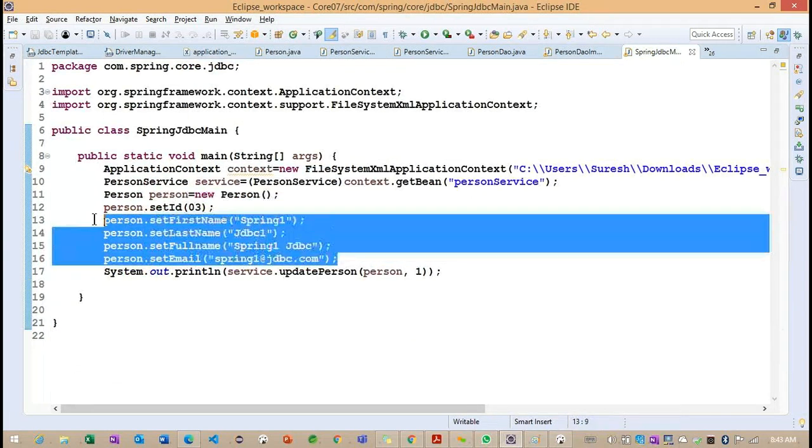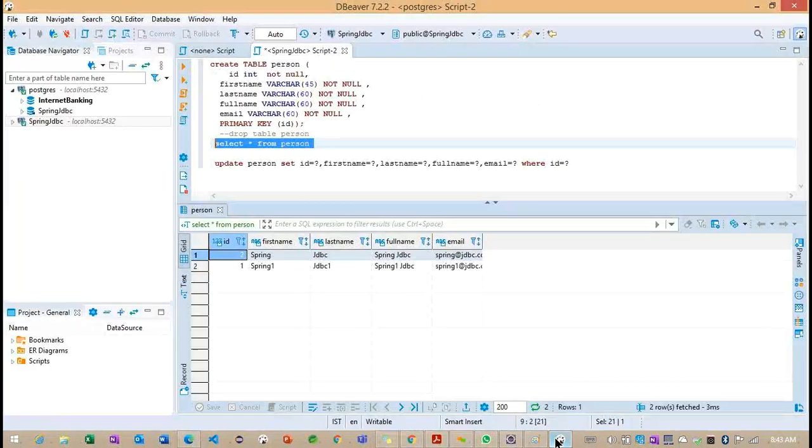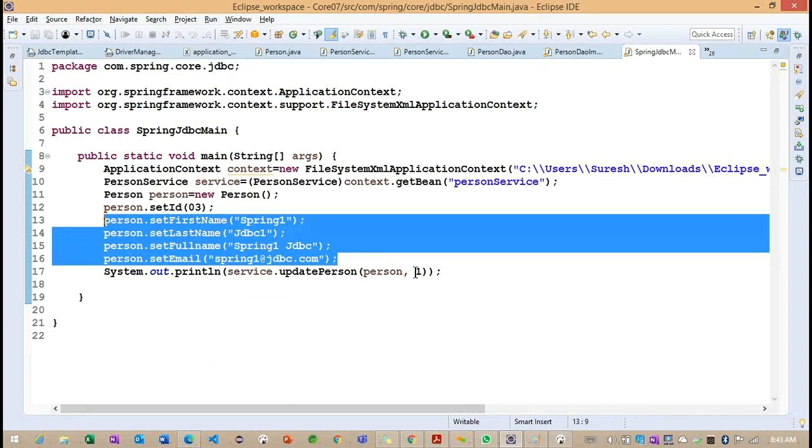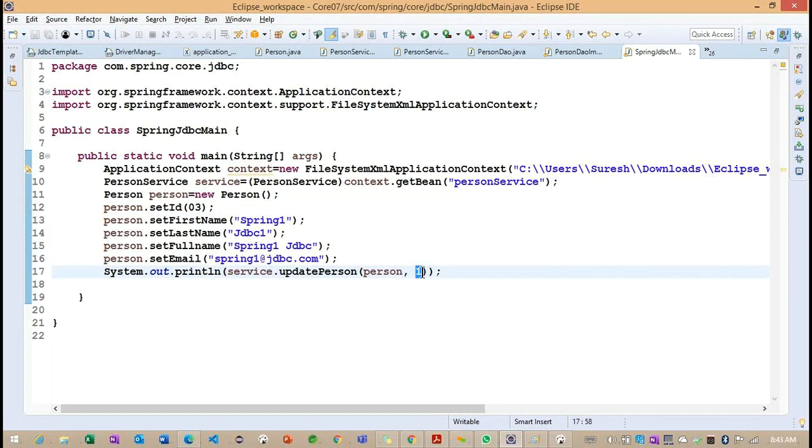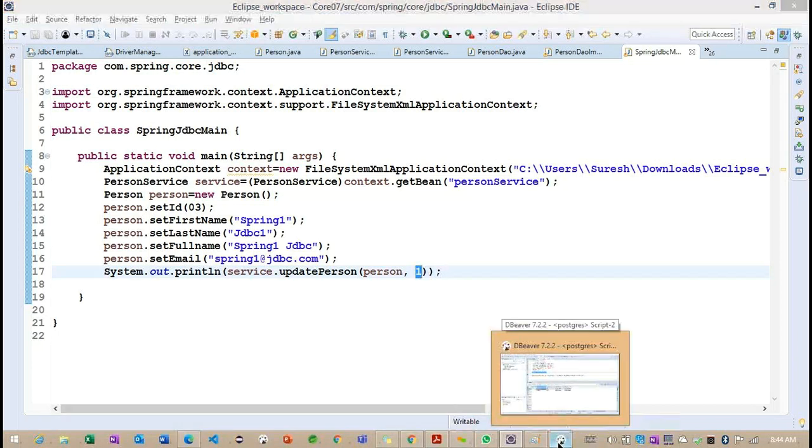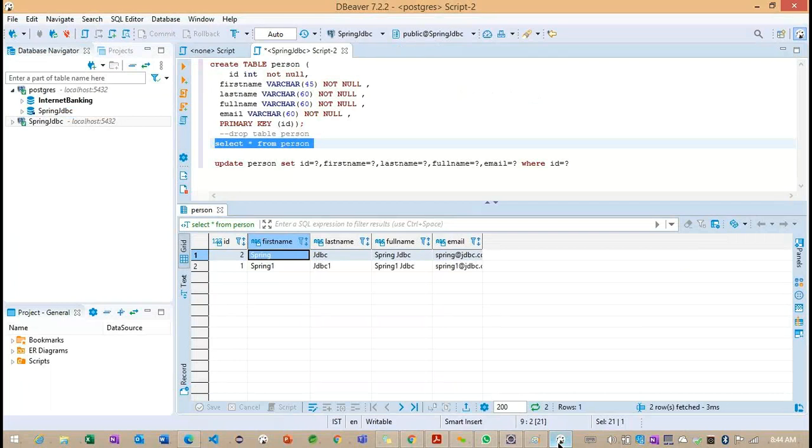Now let's see if these records are updated or not. These records were inserted earlier, but with the help of this particular tool, the ID we are passing here is 1. Oh, something is wrong. If I pass 1, it is updating.